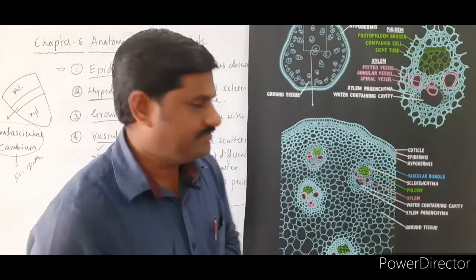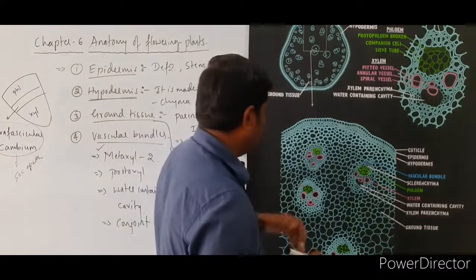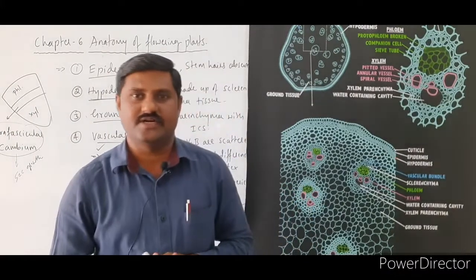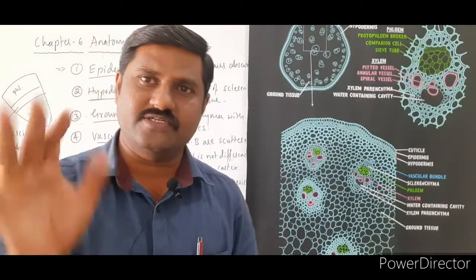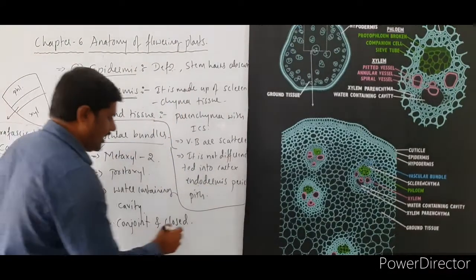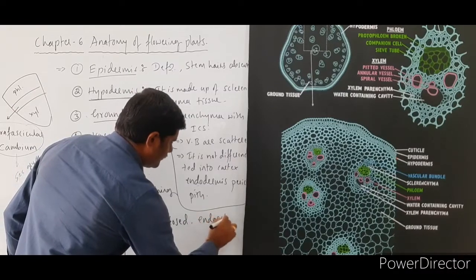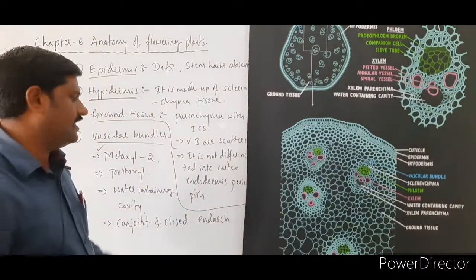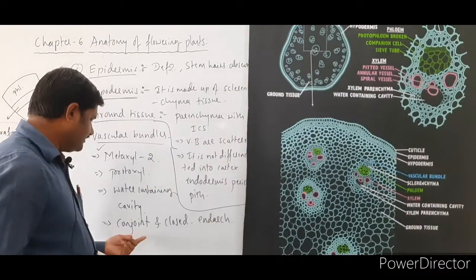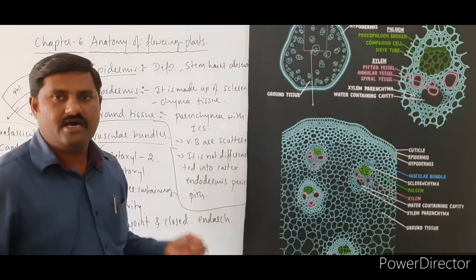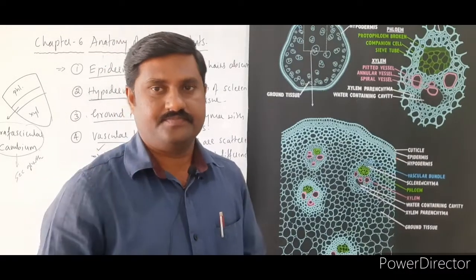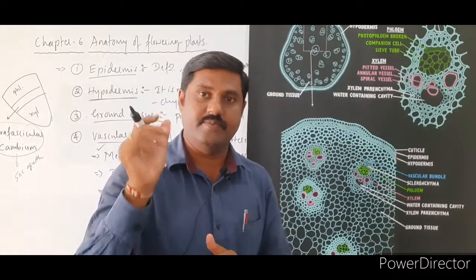Okay, and one more point I had explained. The protoxylem is towards the center and metaxylem is towards the periphery. These are two very important words I had mentioned over there. Based on it, it is also said to be endarch. What is it described as? Endarch. Then what is the type of this vascular bundle in monocot stem? It is a conjoint closed endarch type of vascular bundle which is seen in what? Monocot stem. This is a more important aspect to be remembered over here.